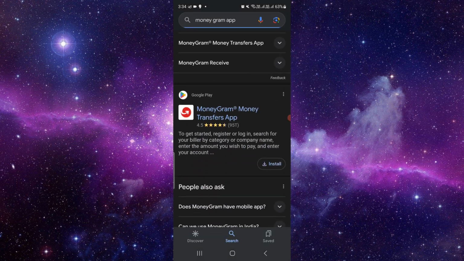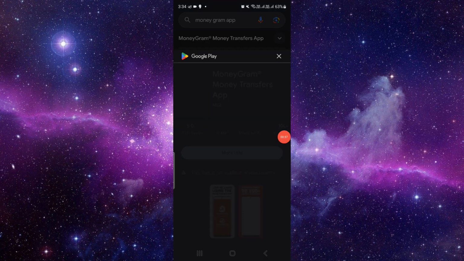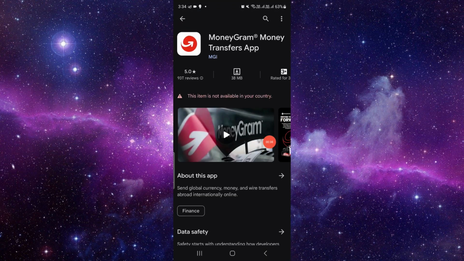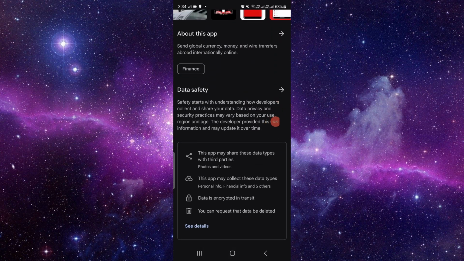So here if you scroll down, here you can see MoneyGram money transfer app. So to install it, you click on here. So from here you can see the app. So you have to click on this install button from here and it will automatically download and install the app